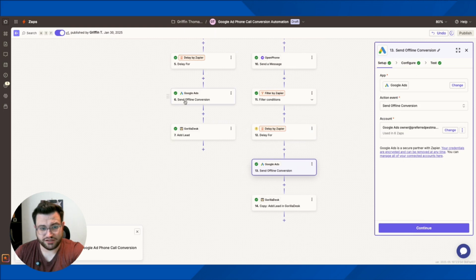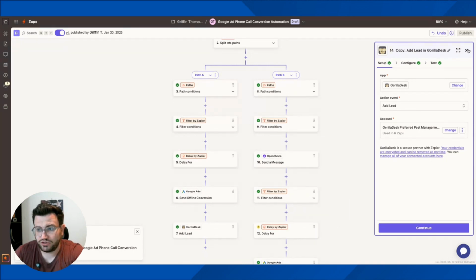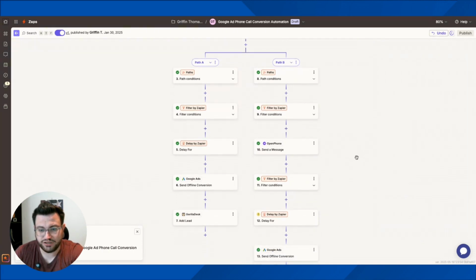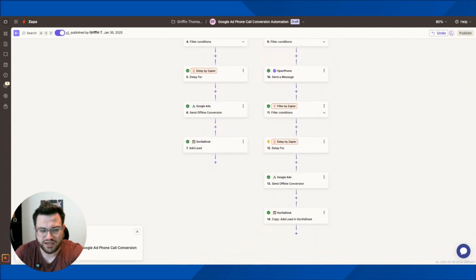And then of course, same concept as the other side from here, pretty much just a copy and paste. We're going to send it to the offline conversion, assuming all of these have met the criteria. We're going to send it as a conversion and then obviously put it into GorillaDesk as well. So like I said, overall, to me, it looks more complicated than what it is. If you've ever set up any